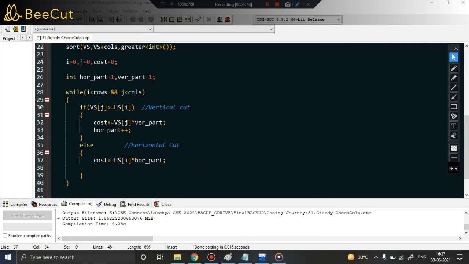So what next? This was basically vertical part plus plus. Cool. What next? This will be repeated, because right now we know that we had an array vertical S, and the elements after sorting were 4 3 2 1 1, and horizontal S had elements 4 2 1, right? So initially I is pointing to this, J is pointing to this, so I picked up this. Now if you pick up this, you will perform all the necessary calculation here, and you will include it into cost, right? So initially what will be my cost?